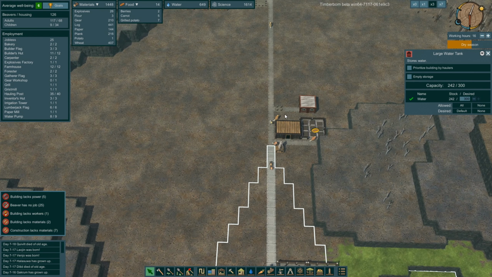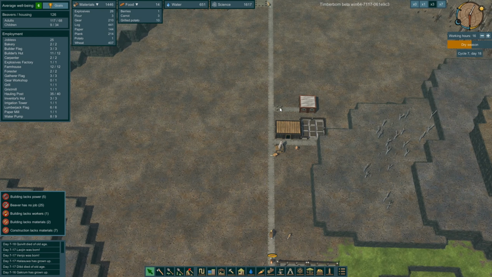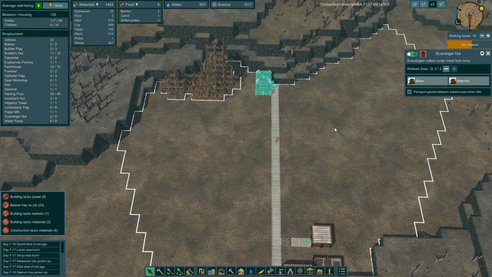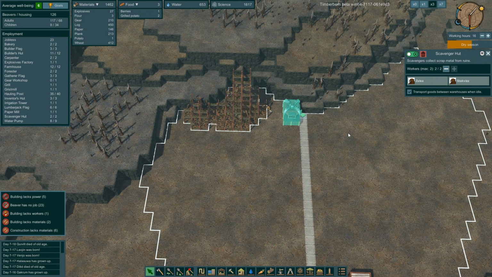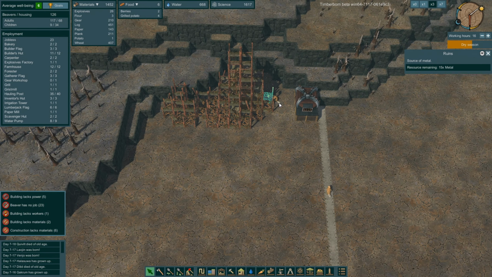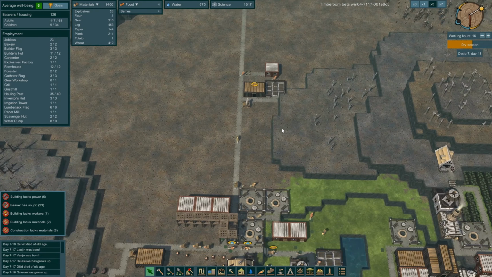All right, let's see what's going on. We've got one little piece of dirt path left to build here. We've got workers in our lodge, and look at this. We've got the scavenger hut going, and we are harvesting metal. Finally, check that out. That is really good. We're going to be able to get the